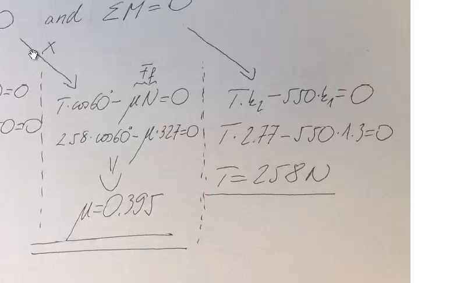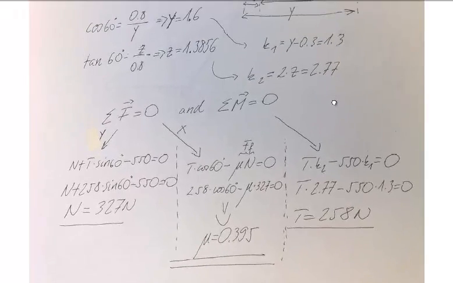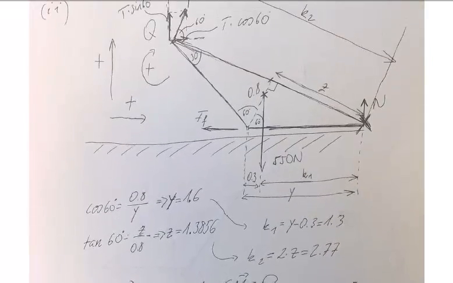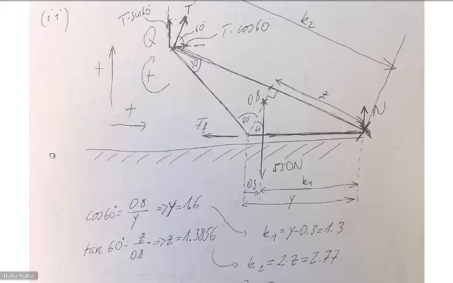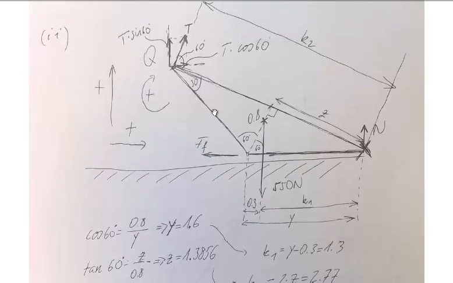Here is the x direction and y direction. In the x direction, there are two forces, T times cosine 60 minus the friction force, it is here. In the y direction there are T times sine of 60